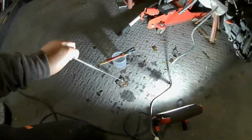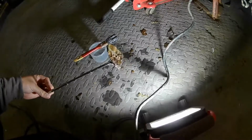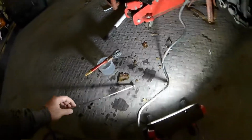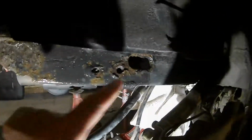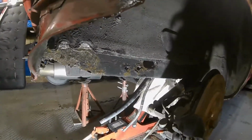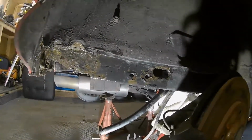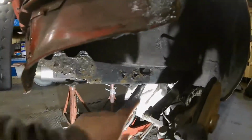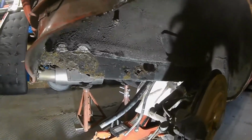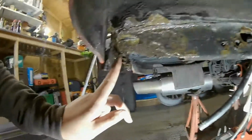But like you can see there, I've been taking out lumps of metal, pretty big pieces. But I've just used a small part of that cup with a paintbrush, and tried to get it in all the holes in here, and treat it so that when I do cut this out, I can see what's actually too far gone and what's actually usable out of this box section. So I can cut back as far as I want, and there is a bit of rust at the back there, so I'm hoping that'll treat it, because I don't want to go all the way back. And then we can cut out probably up to about this hole here,